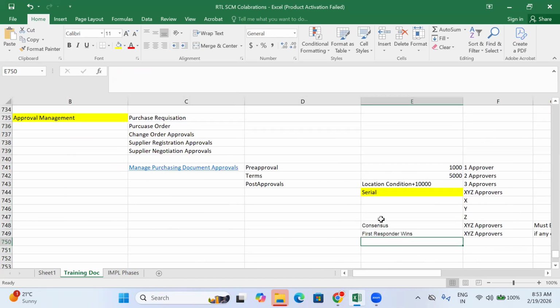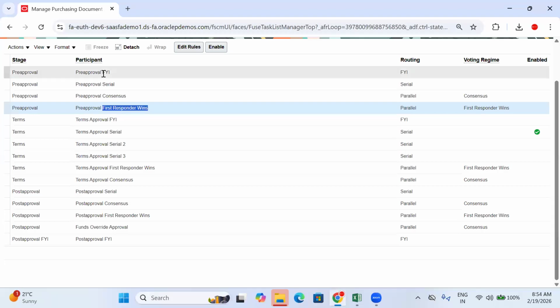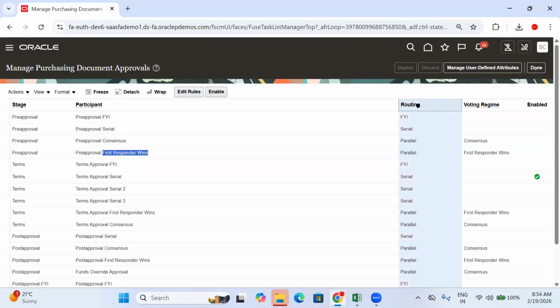Now, that one is for stages, right? This is the participants. Now routing. You can see routing means the workflow. The workflow generation is coming like this. Now pre-approval level is for your information, it is just going for your information. Here serial level, it is going to the serial. Now consensus level,